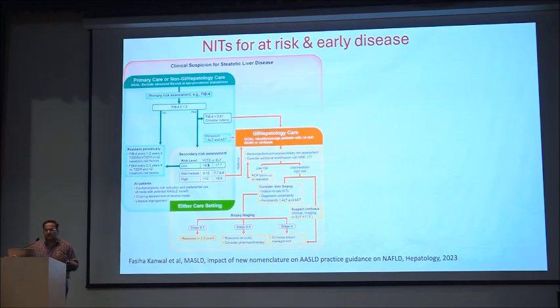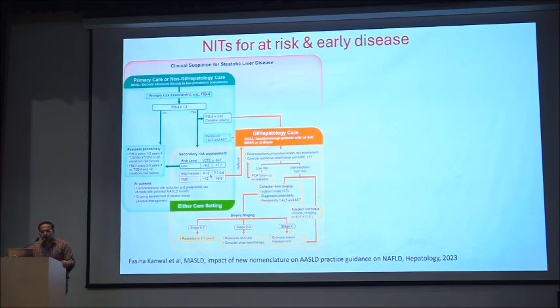After which, if it is in the intermediate zone, we should do elastography or the ELF score. The ELF score is also done here, I think around 4.5K per test. It uses 3 parameters: hyaluronic acid, procollagen 3 N-peptide, and TIMP1, tissue inhibitor of metalloproteinase. These 3 parameters are used, and it costs just 4.5 thousand at our place, and that can be done, or elastography, what we do with FibroScan, that can be done.